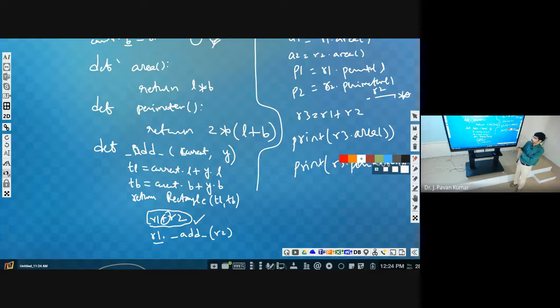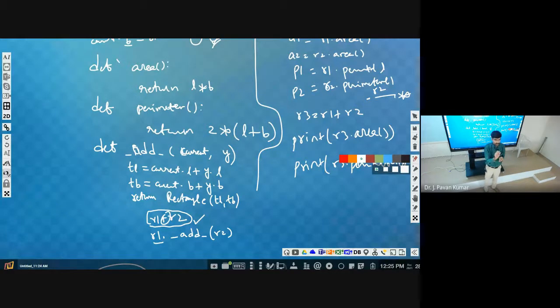Okay, next. Suppose I have two rectangles, R1 and R2. Now we have to compare these two in such a way that the result is like this: this rectangle is bigger compared to this, or this rectangle is smaller compared to this, or these two rectangles are of the same size, or these two rectangles cannot be compared. Okay, these are the outcomes that I am expecting.